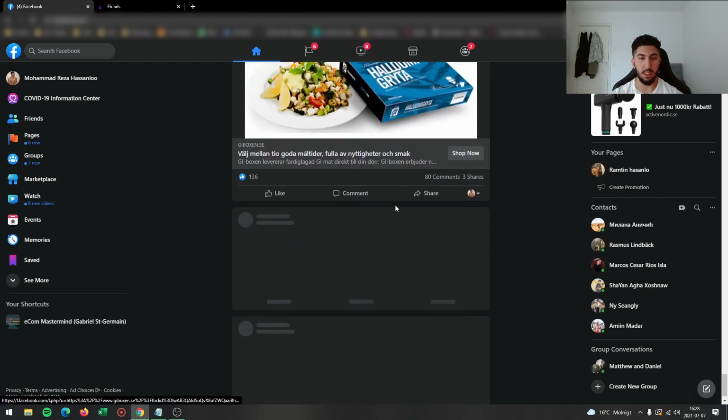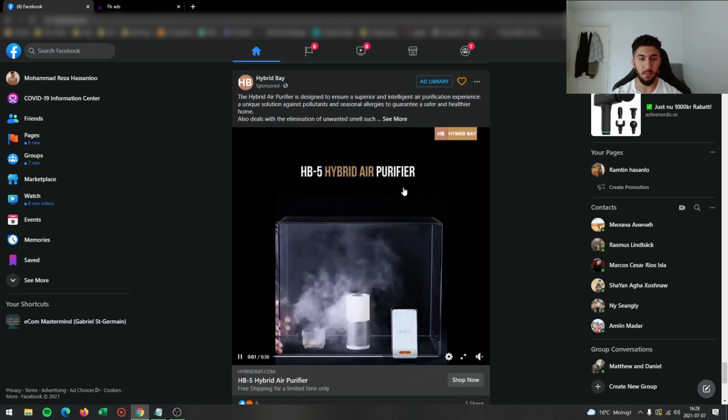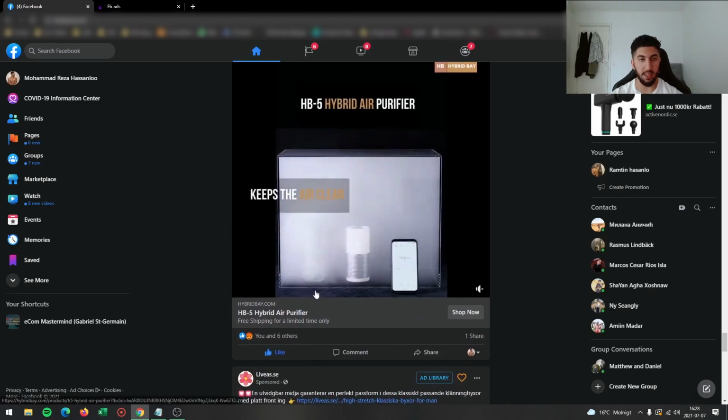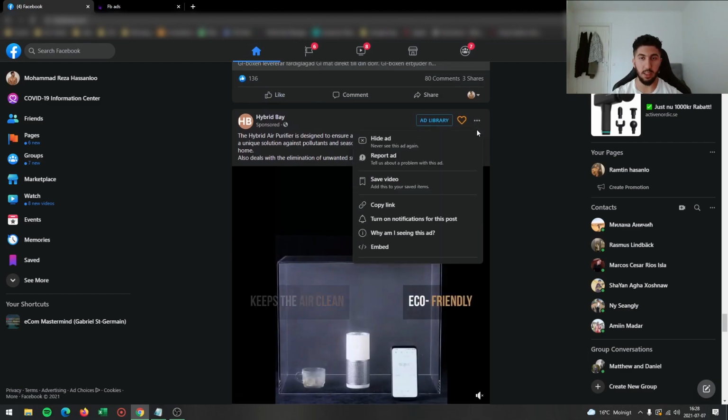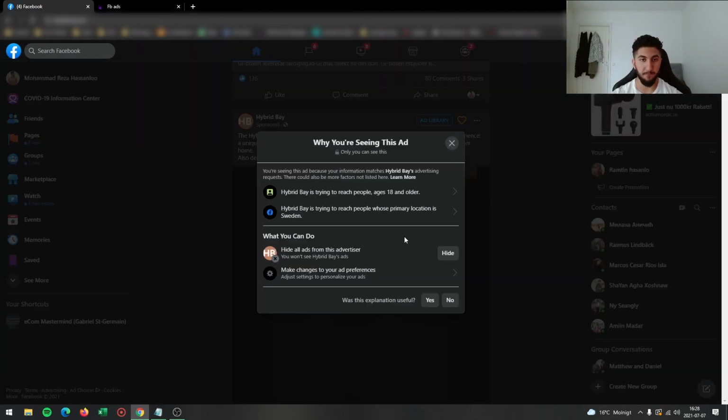And let me see if I can find any more ads. Here we can see another ad, so we can click on this while I'm seeing this ad. So we can see this is almost the same thing, but another one. And the other thing I can show you is you can go to the settings and click on ad preferences,